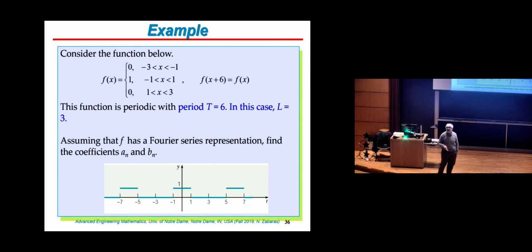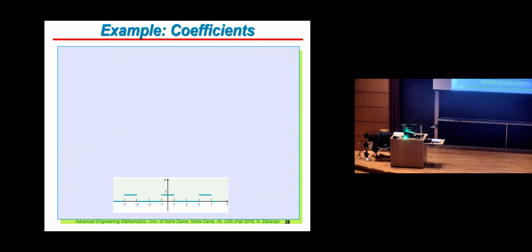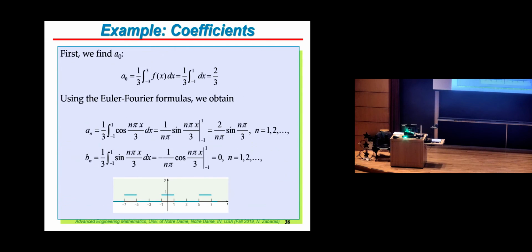1/2. So it will give you the average, basically, of the values on the left and the right. But you don't have to specify in the beginning what function f is. But at the end, when you have an expansion, it converges to the average. So if you do the Fourier series expansion for this, you can compute,